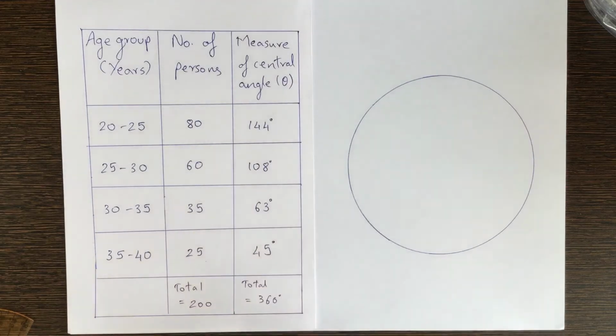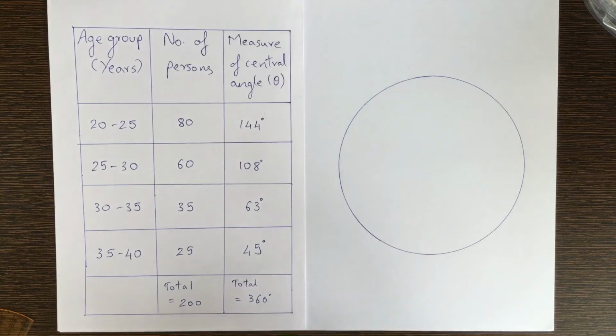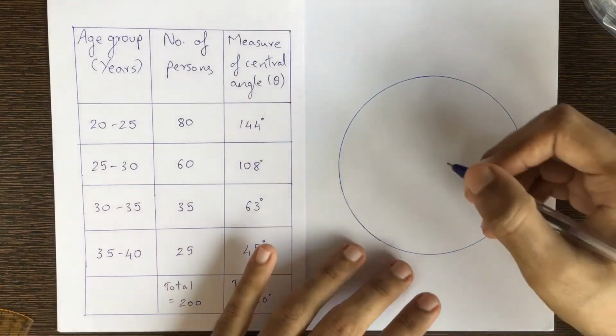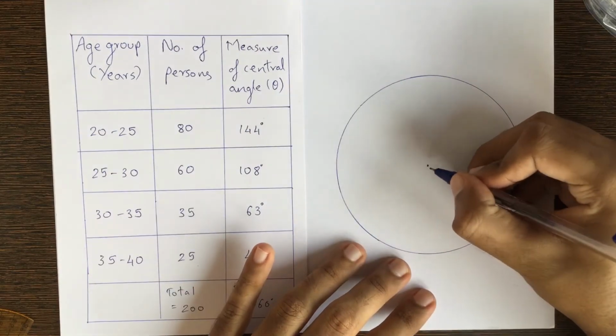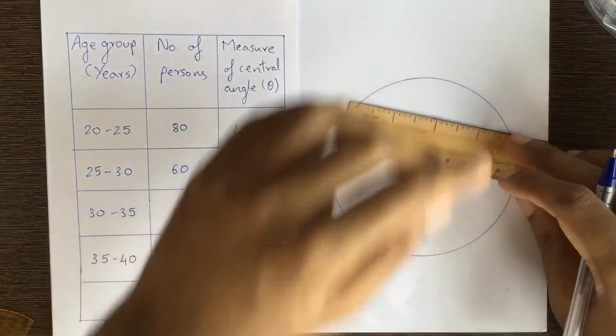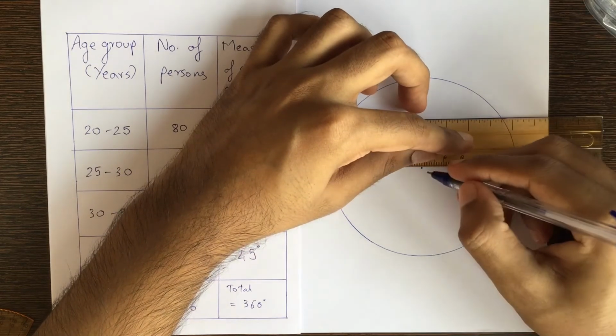Okay, so the circle has been made. What is the next step? Our next step was within the same fourth step, I think. Yes, the fourth step is draw a circle and its radius, right? So we have drawn a circle and now we have to draw a radius. So just mark the center of the circle first. Here I have marked the center of the circle and now I will draw a radius horizontally. Okay, so let me do that.